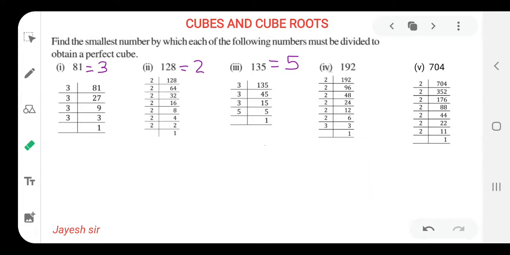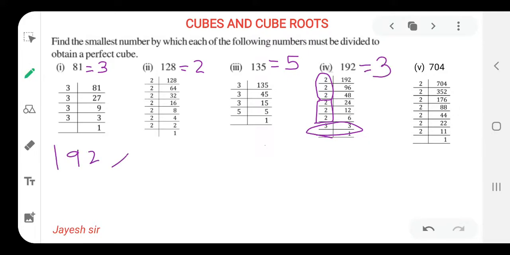So the next sum is 192. Let us first think of the basic thing we have to keep in mind. Make the pair of 3. 3 times 2 we can see, so this is 1. Again the pair of 3 we can see, again this is 1. That means 2 pairs are formed. Now what are we left with? We are left with 3. That means it should be divided by 3.